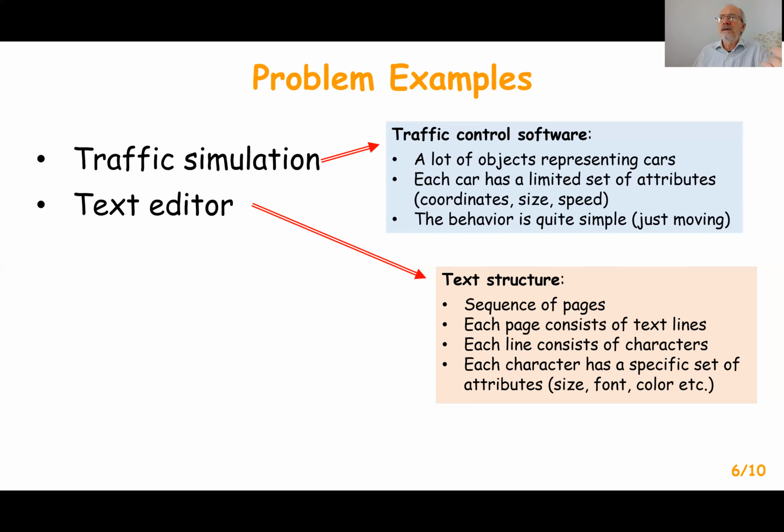If we are developing a full-fledged text editor, we need to be able to control characters, and control the attributes of each character. The attributes are size, font, color, and probably some others. But again, the same situation. In general, we have a lot of small objects representing characters. Of course, we also have lines and pages. There can also be quite a big number of such entities.